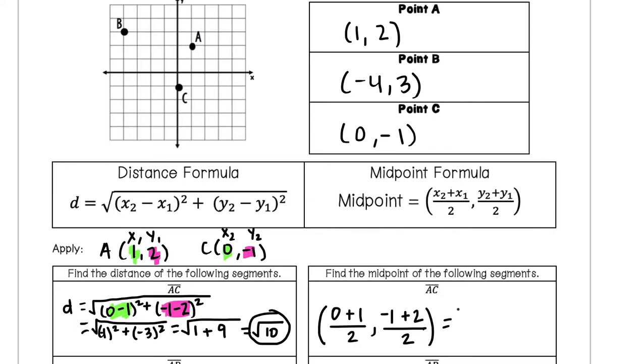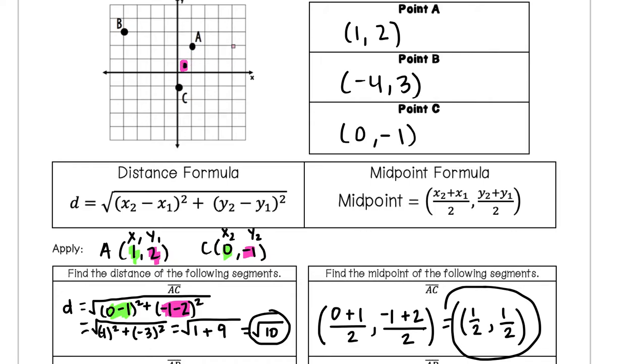0 plus 1 is 1, and it's all over 2, so we can leave it as 1/2. -1 plus 2 is 1, all over 2, so 1/2. So our midpoint of that segment would be 1/2, 1/2. So between that would be about here and here. 1/2, 1/2 is about this point that I'm putting here, and that does look like it is about halfway between